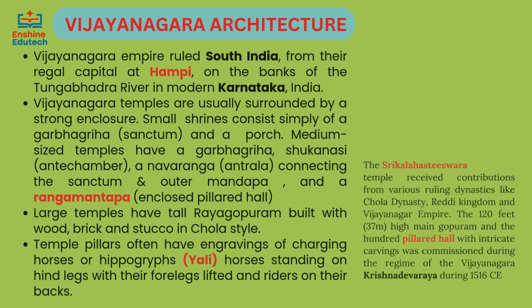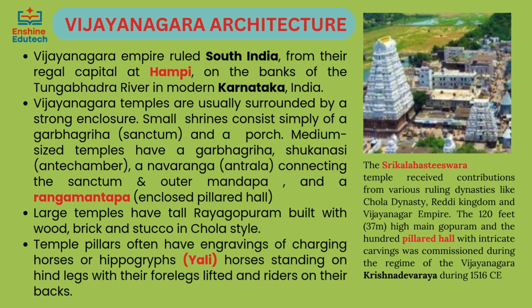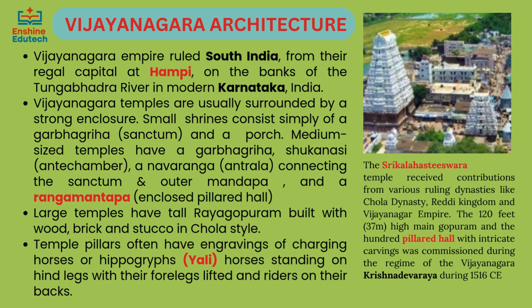Vijayanagara Empire ruled South India, from their capital at Hampi, on the banks of the Tungabhadra river in modern Karnataka. Vijayanagara temples are usually surrounded by a strong enclosure. Small shrines consist simply of a garbhagriha and a porch. Large temples have tall Raigopuram built with wood, brick and stucco in Chola style. Temple pillars often have engravings of charging horses or yali, horses standing on hind legs with their forelegs lifted and